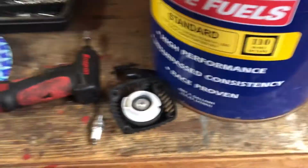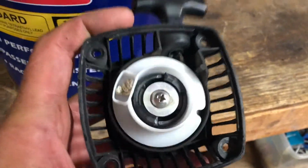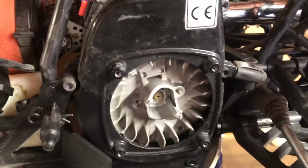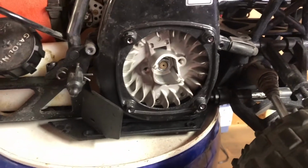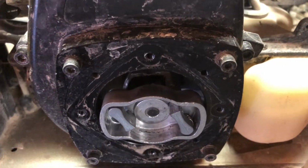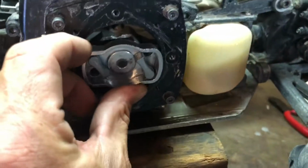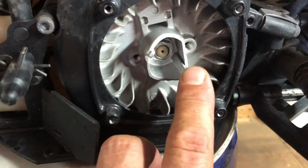And then we'll go over here and check out Benton's setup. This is the stock puller and pull start and flywheel. And see, my flywheel, if you look in here, still has that part on it. I never changed flywheels. I just attached this on. Okay, and then these two tangs right here is where